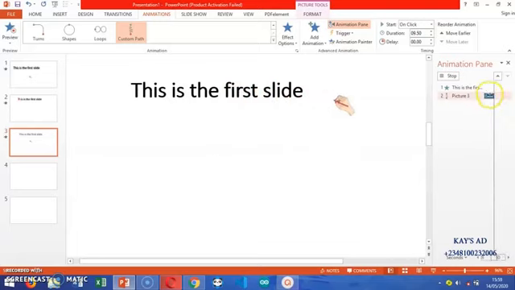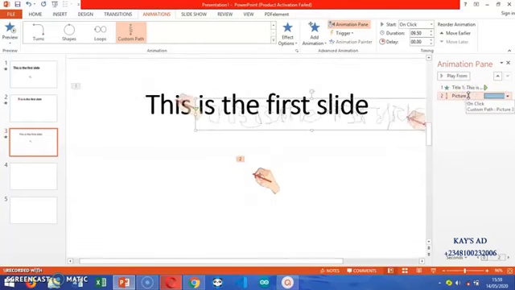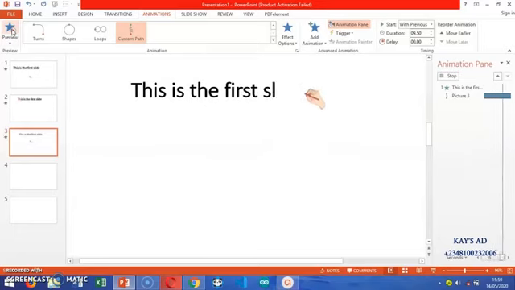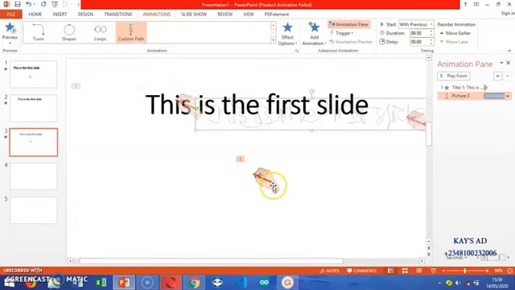Now we come to the picture animation pane, then click. What are we going to do here so that the hand will correlate with the text coming out? So we start with previous. Click on start with previous. You can see that it is coming, but yet the hand is very far from the text, so we still need a little adjustment to that. Now this is what we do.